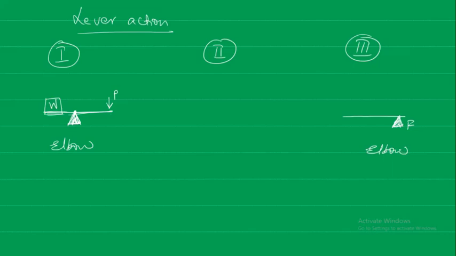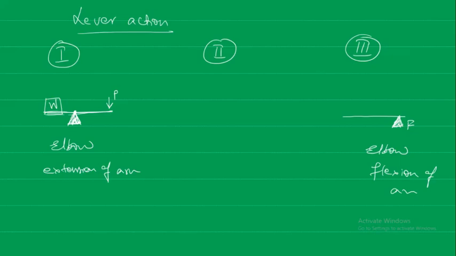Okay, so here this one is at the elbow extension of the arm, whereas this is at the flexion of the arm. Okay, that is, the biceps are going to pull the lower part of the hand.